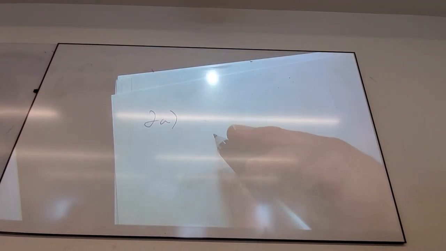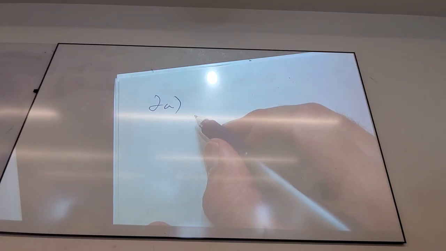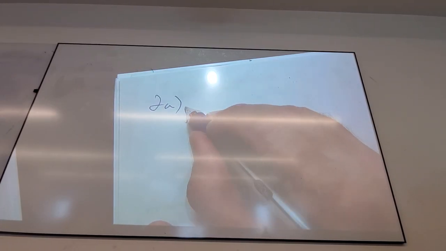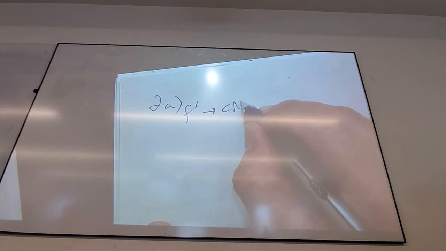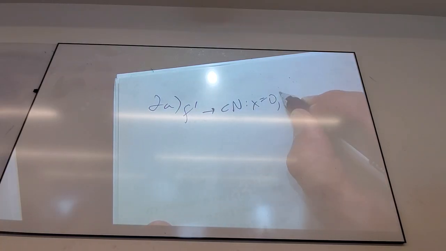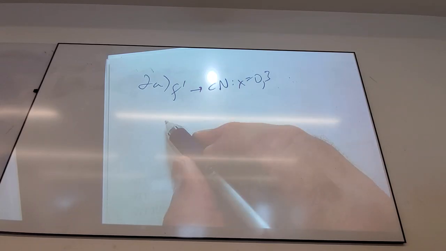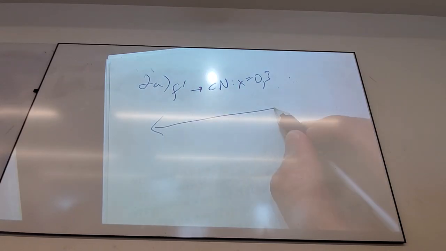Let's see. Where am I at? Oh, here we go. Oh yeah, that's right. So 2A, I'll just cut to the chase here. For F prime, I got critical numbers x equals 0 and 3. And then for the sign diagram,